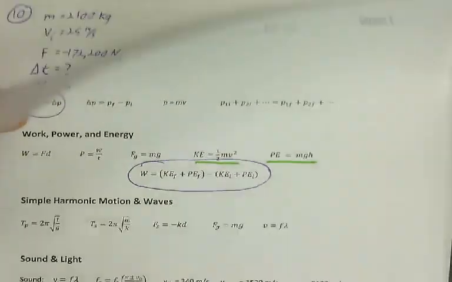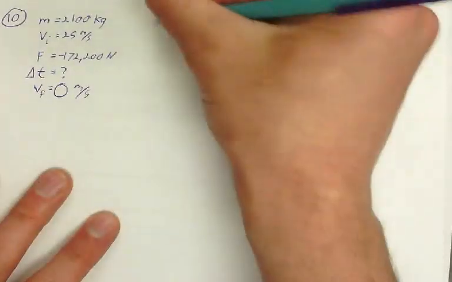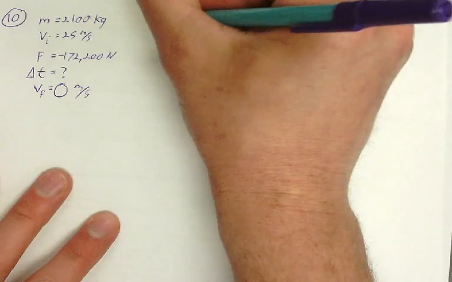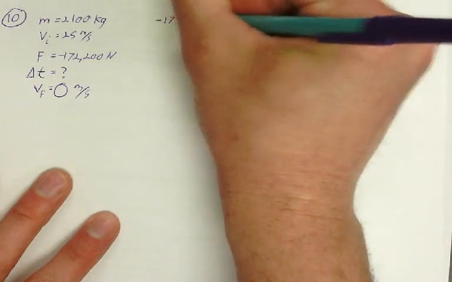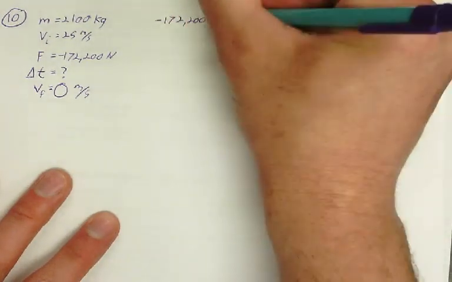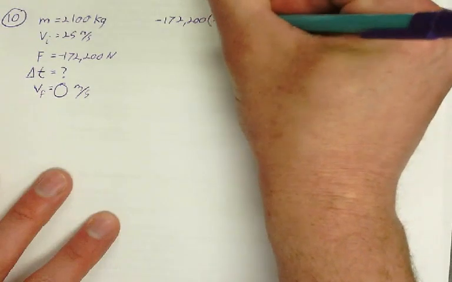So we're going to go ahead and set that equation up. F times delta t